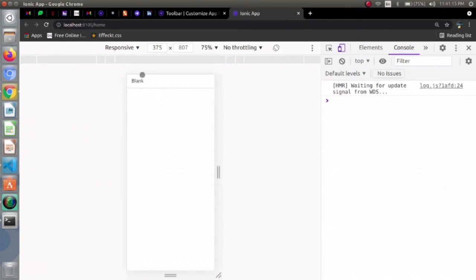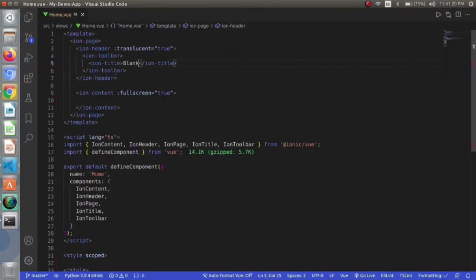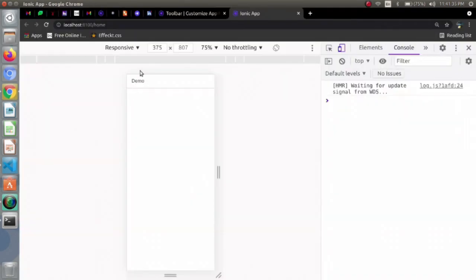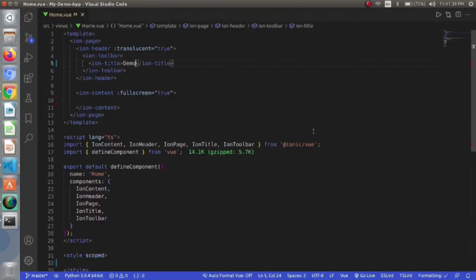So I want the title to be demo. So I will just rename it like this. Ion title is used for providing a title to a toolbar. So it is changed, and now I want a button in my toolbar. So what I will be doing, I will be importing Ion buttons, because